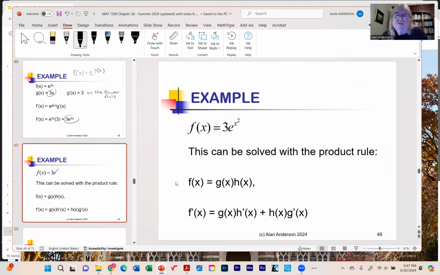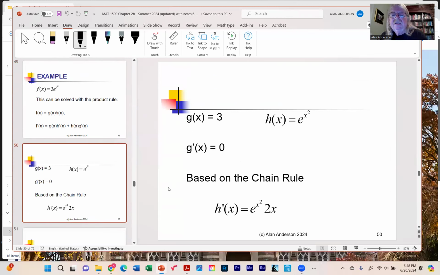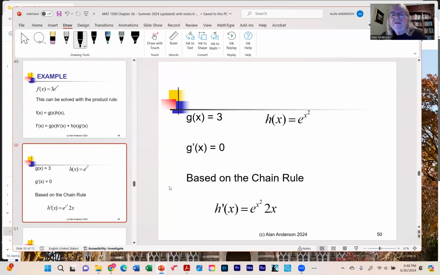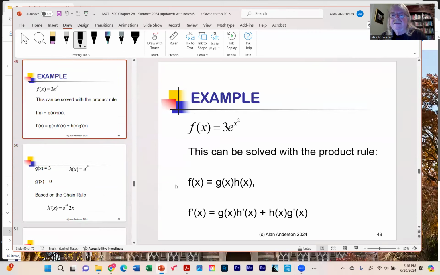Now this one, you might not think so, but this one is a little bit messier because the g of x itself is not such a simple function of x. By the way, as is often the case, every one of these can be solved at least in two different ways. So if you use the chain rule,